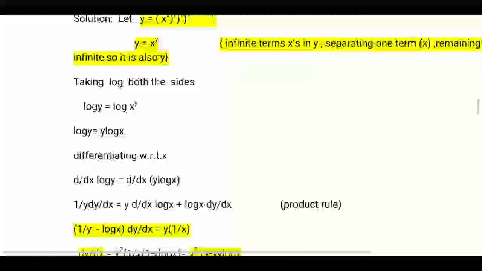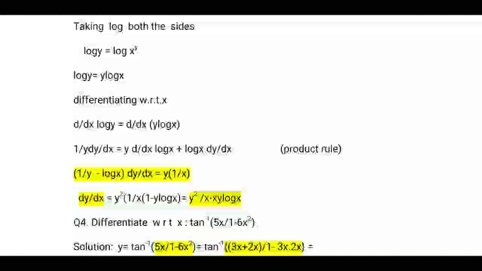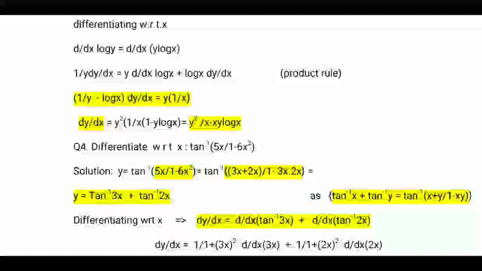Differentiating with respect to x, we get d upon dx of log y equal to d upon dx of y log x. d upon dx of log y is 1 upon y, dy upon dx, is equal to, now here two functions are in product form, y and log x. So using the product rule of differentiation, y into d upon dx of log x plus log x into dy upon dx. So we get,